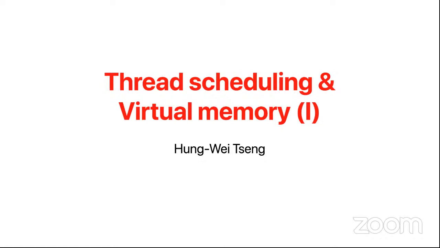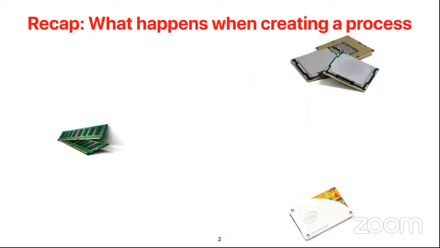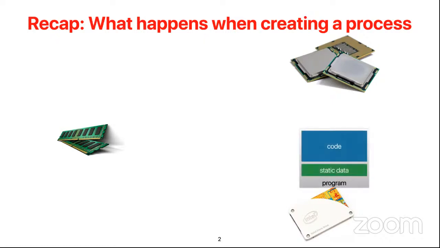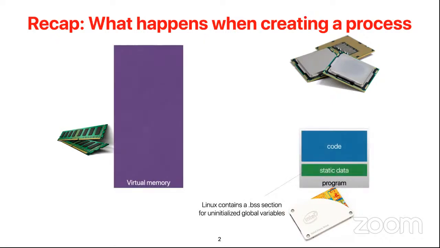So for example, in the very beginning, we talked about the most common abstraction in operating systems for a running program, which is to create a process. Although you have a von Neumann architecture, or say von Neumann computers like this, with a processor, an SSD, and memory, with the process abstraction all you need to know, as a programmer, is that you have a virtual memory space.